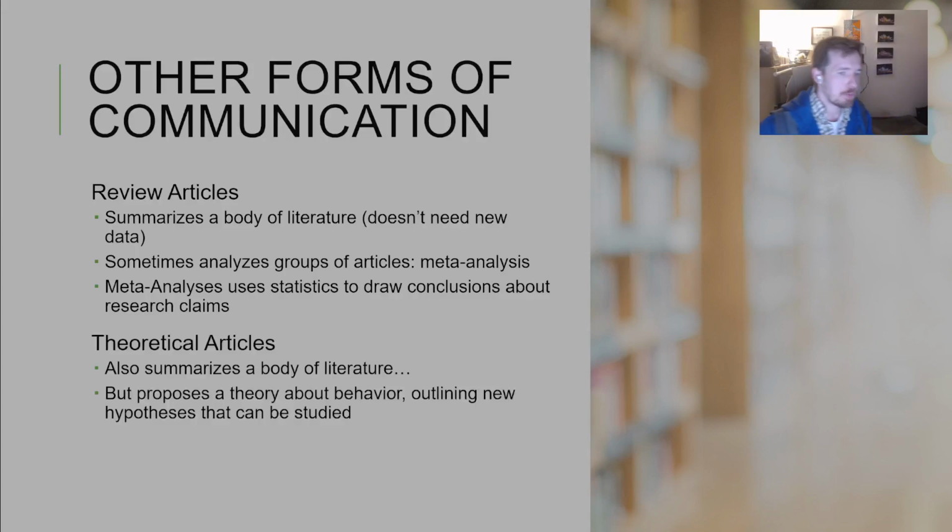And then there are a couple of other ways that research can be communicated. There are review articles, which are also published in peer review, just like journal articles are. They're published in journals, and instead of presenting new data, these review articles go out and essentially try to find every article relevant to a research question, and they look at the broad trends of it. Sometimes that means that people are going to do analyses on that body of literature they find,